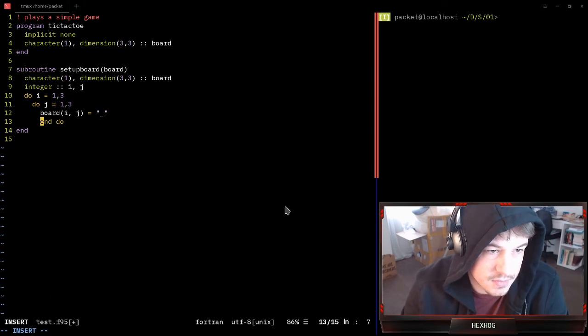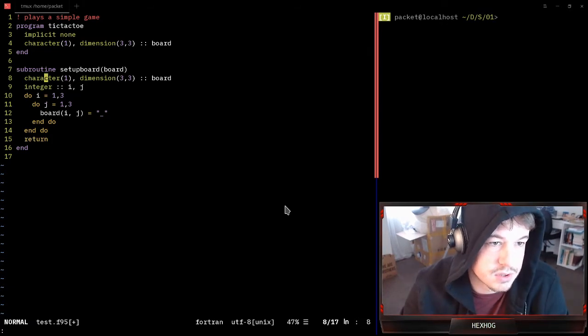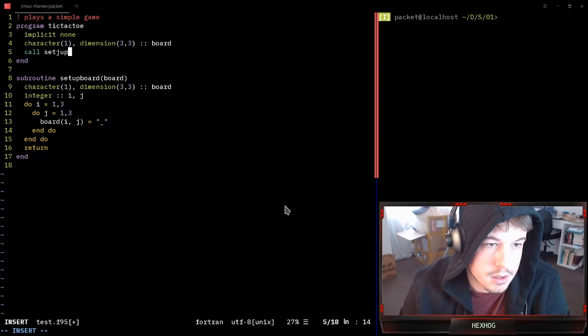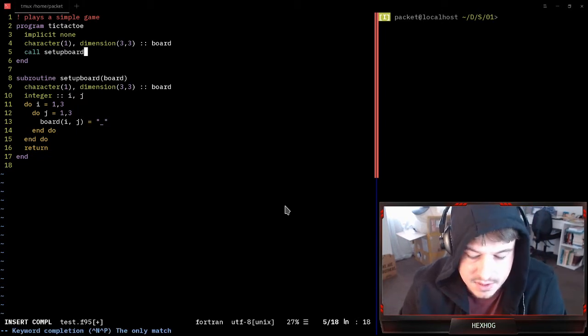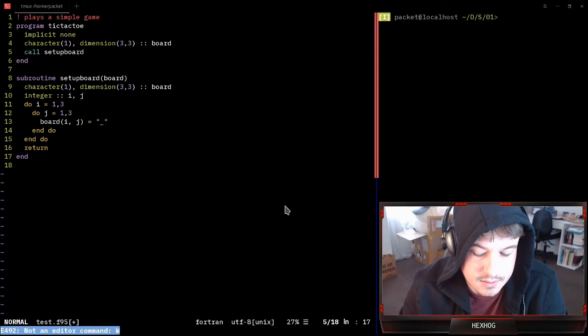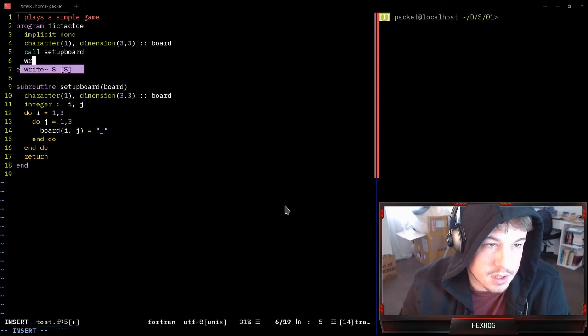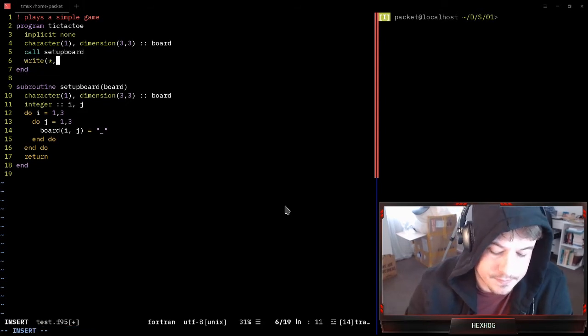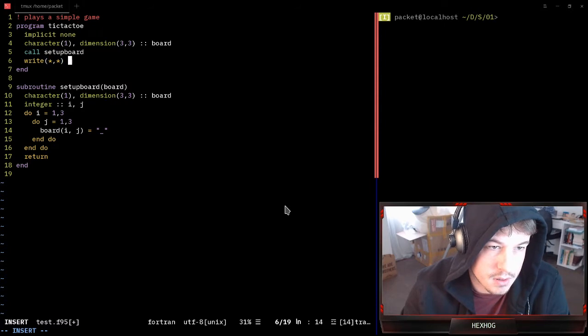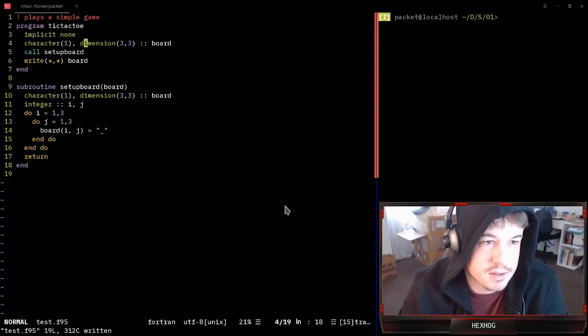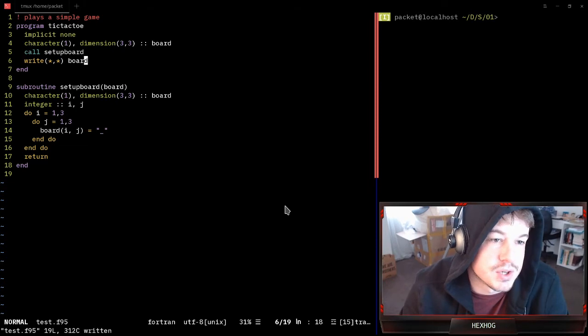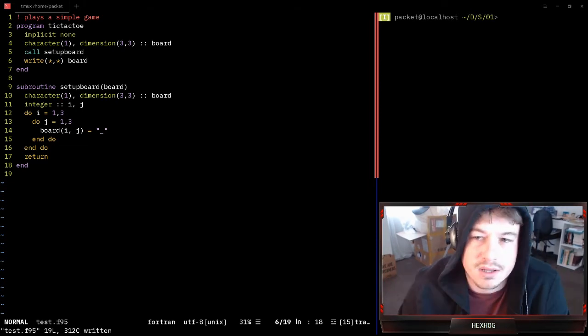And do return, so that should return something. Should, might not. And write board. I don't know if I can write a dimension or a matrix in FORTRAN, but let's find out, I guess. And then up here,